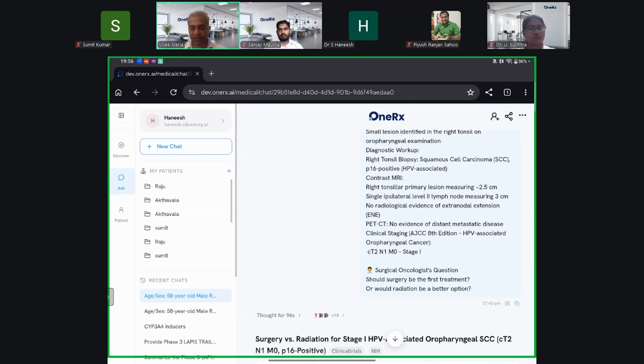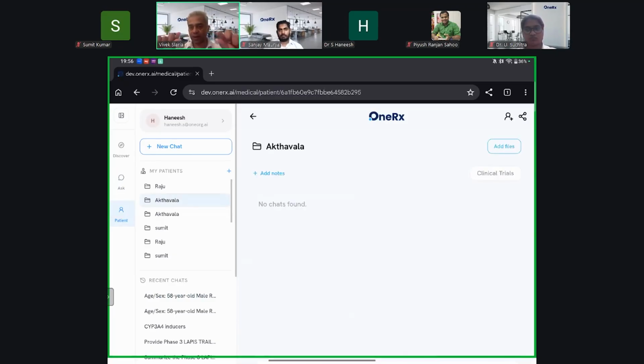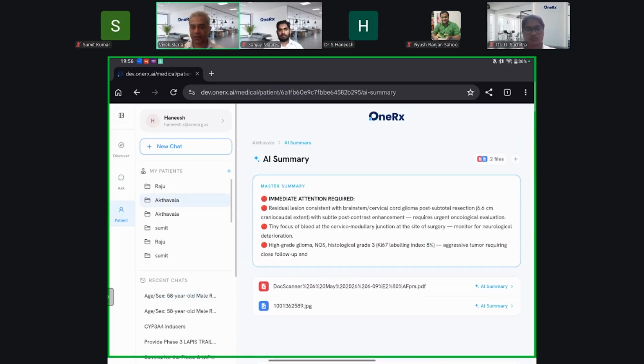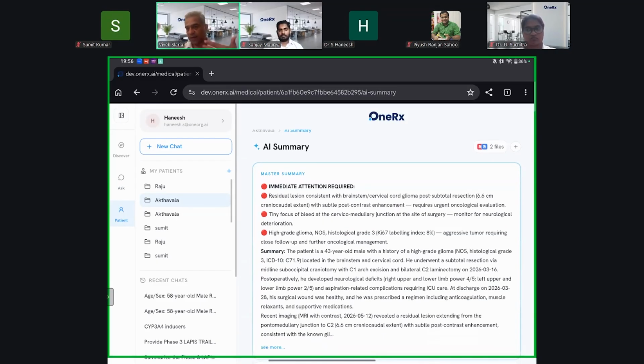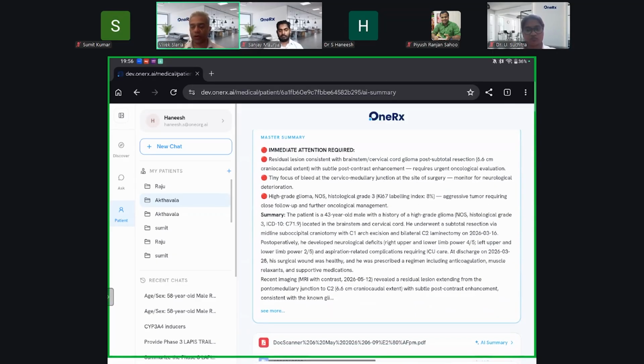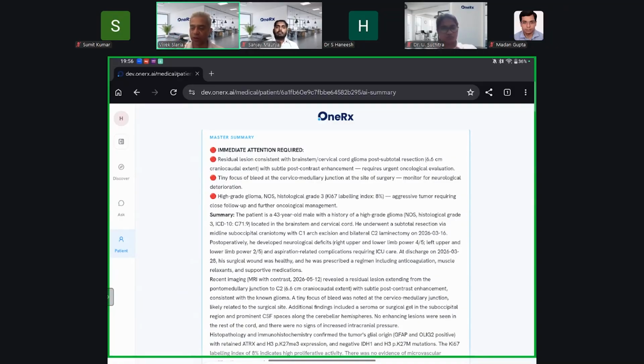Patient is the last feature of the platform. So let's come to Patient. Ask is typically used for ad hoc queries, but if there is a patient with you and you want to track their history over a longer period of time, practicing clinicians start using this. Just yesterday, I was with another doctor, and we had a 50, 60-page long report. He would upload it and at the very beginning get the most important elements of the report that the doctor has to focus on, then the summary, and then the immediate next step. So they don't have to go line by line on everything which is out there.